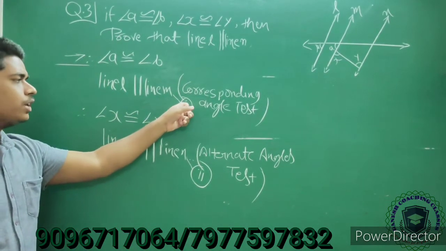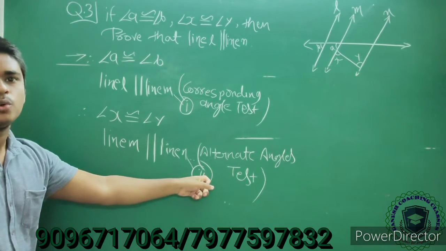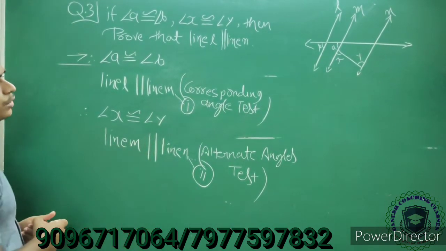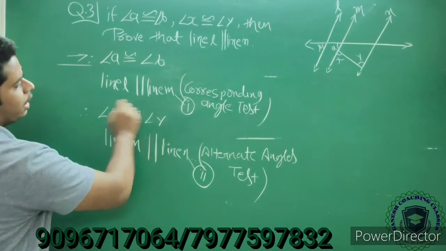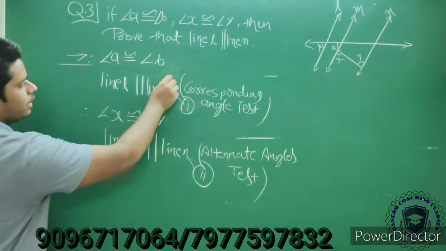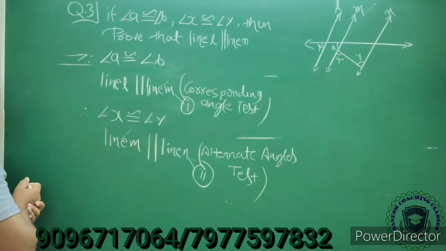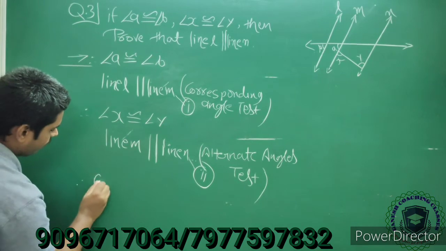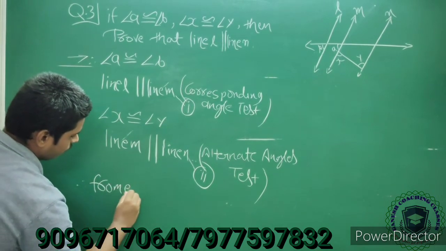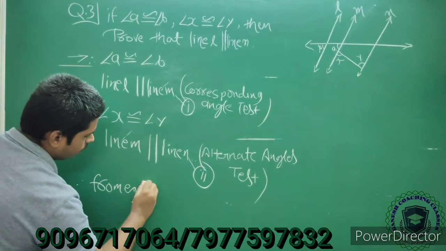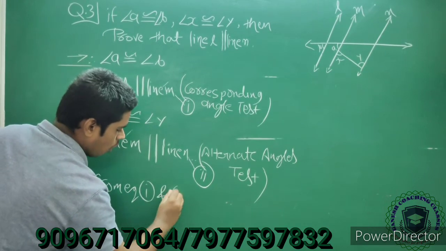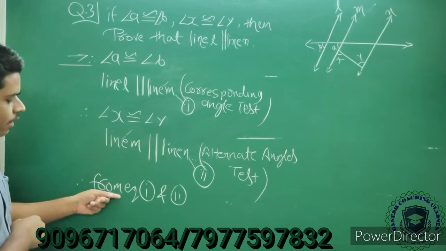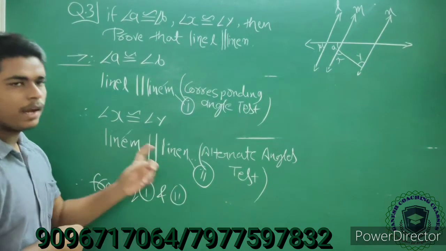By seeing equation number 1 and equation number 2, when we are comparing them, we are getting two same terms, which are line M and line M, so we can cancel it. Now which terms remain here? Line L and line N. So here we will write, from equation 1 and 2, or we can write other than this, that by comparing equation 1 and 2,